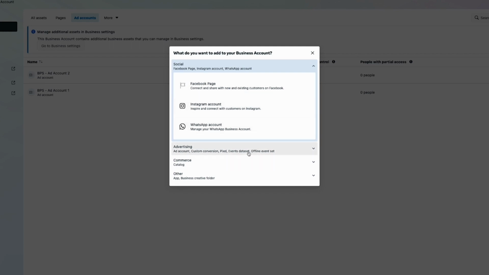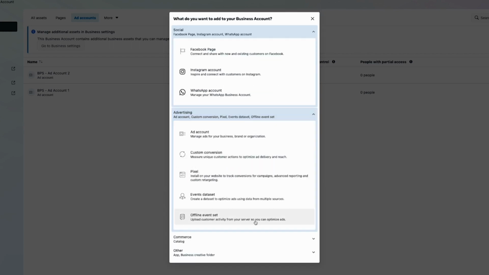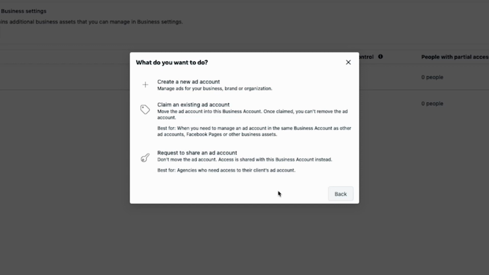And down here, you'll see Advertising, and you'll have a couple options in which you can use. So you'll see Ad Account, Custom Conversions, adding a pixel, events, etc. For the sake of this training, we're going to worry just about the ad account. So similar to our Facebook page, you can create a new ad account directly in here. If you had a previous business manager or you have multiple ad accounts that you want to have access to other business managers,